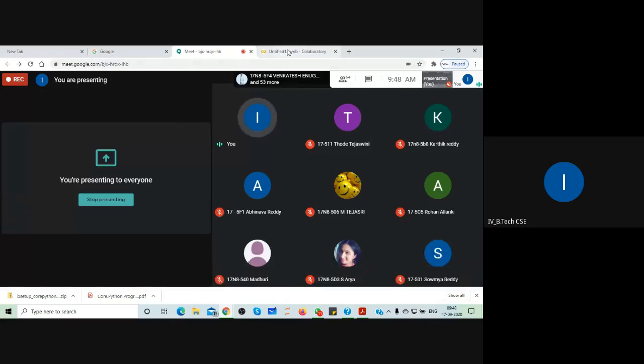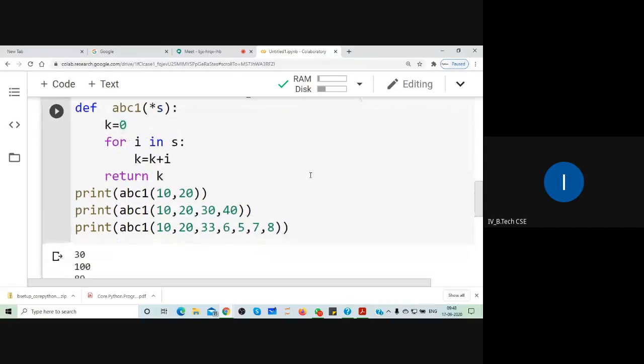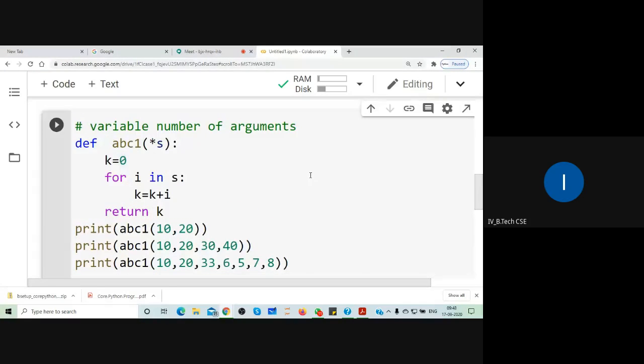So it is like that. So that is the variable number of arguments in Python. So variable number of arguments, how the function will handle. I gave an example function and explained with 3 practical examples, 3